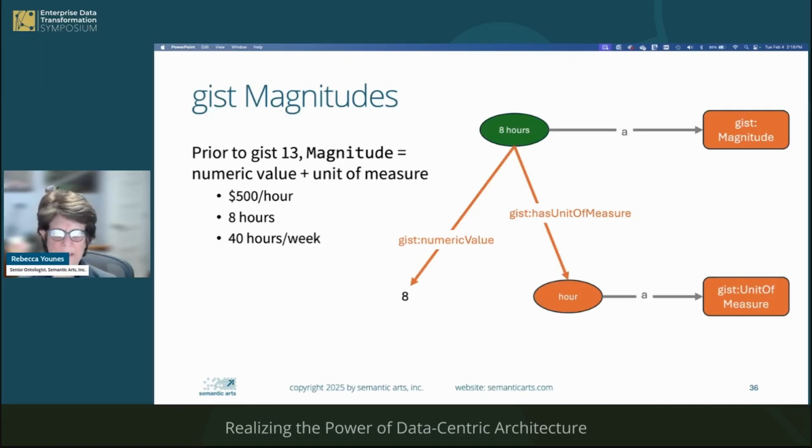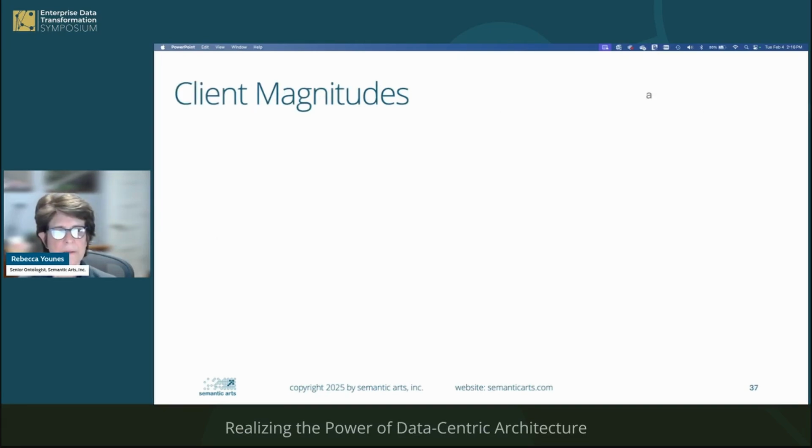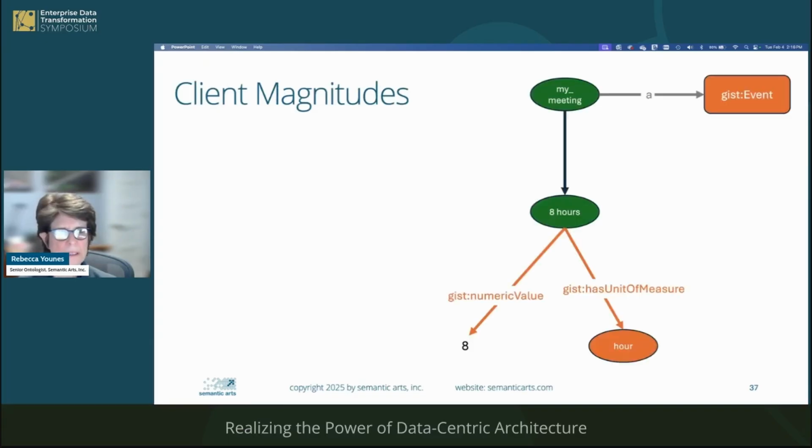And ovals in this case I'm using to represent instances, and the orange ovals represent parts of GIST control vocabularies. The green is just instance data. So that's what a magnitude looked like in GIST prior to GIST 13. Now, the client